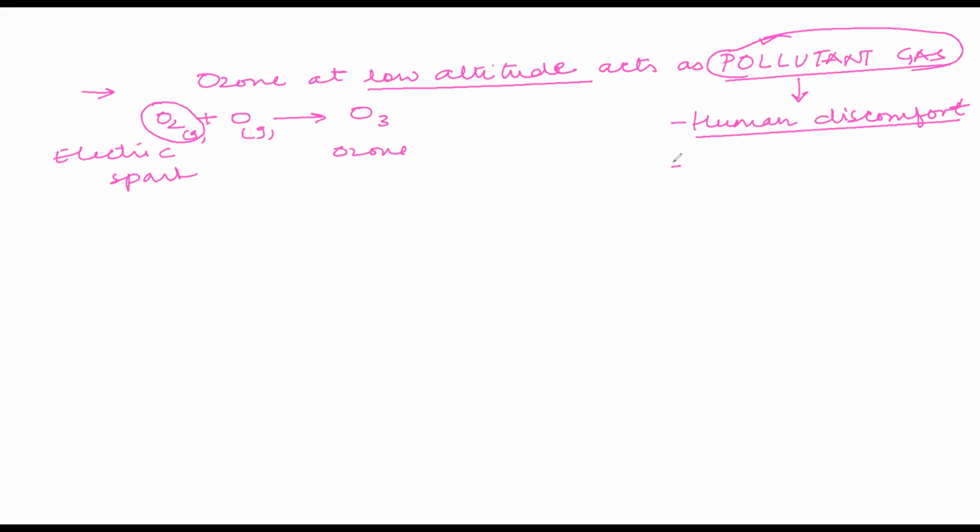At the lower altitude, when ozone is there, it can lead to irritation to your eyes, irritation to the lungs, and can also lead to asthma conditions. So this is how, at the lower altitude, it acts as a pollutant. But at a higher altitude, we have an ozone layer which is formed because of this reaction only, and that envelops the Earth's surface. And there it has a positive